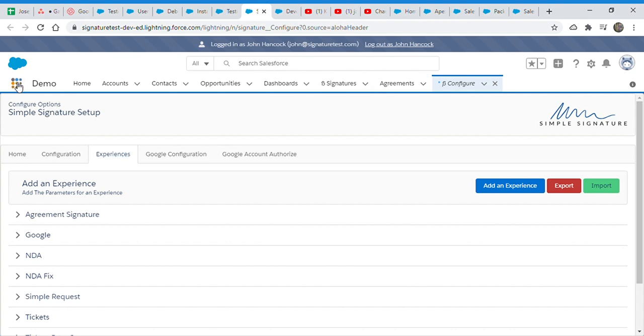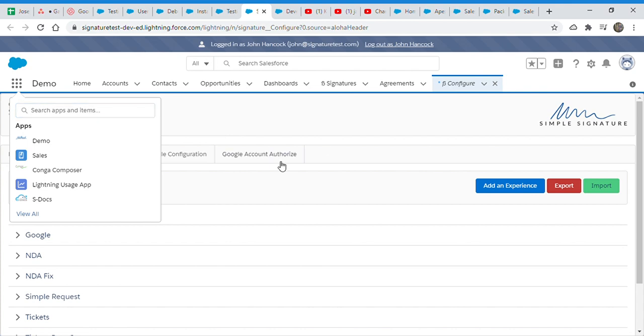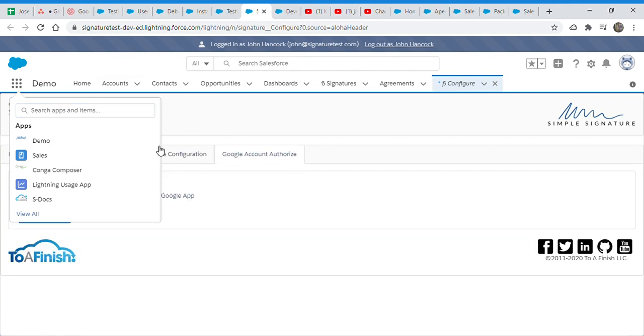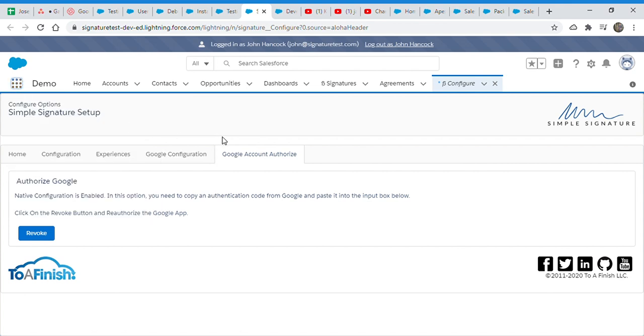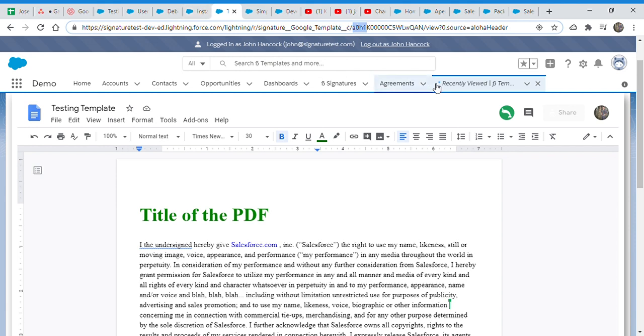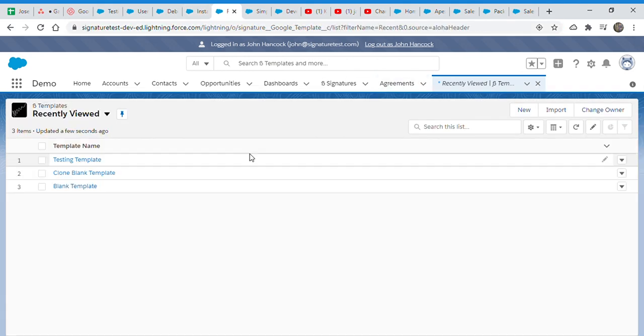let me go back and open the configuration. Sorry, we are on the configuration. So this is the Google account. If you are saying that one account is used to authorize from here on the configuration, and you want to use another Google account to create a template, then we have to think about other solutions, because we provided that.